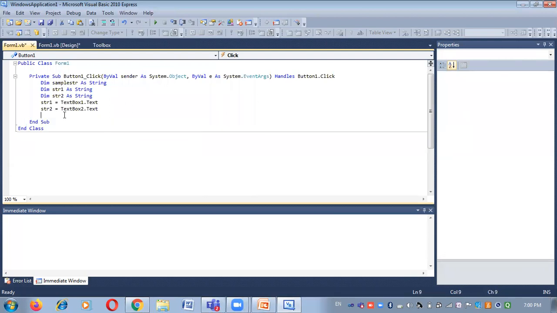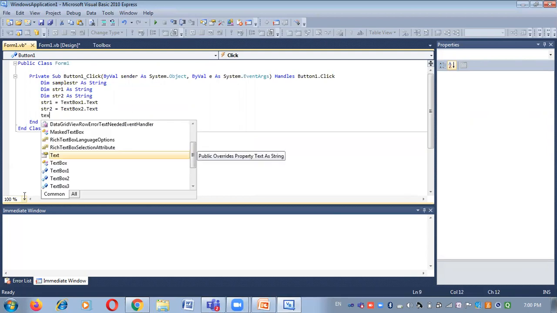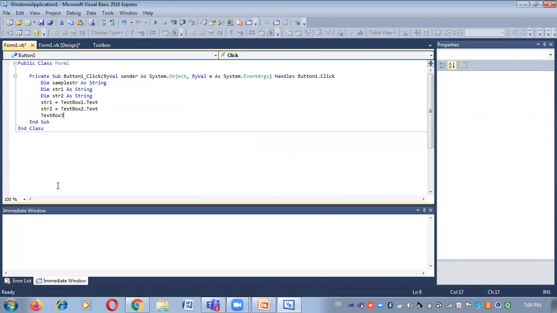Now again we will check. Now see, the text box 3 option is available here. So you can simply select it, text box 3. Before that, whatever the sample string we have considered, sample str.